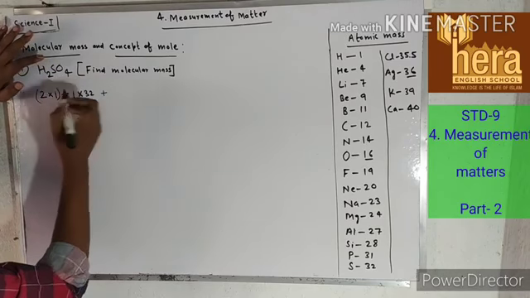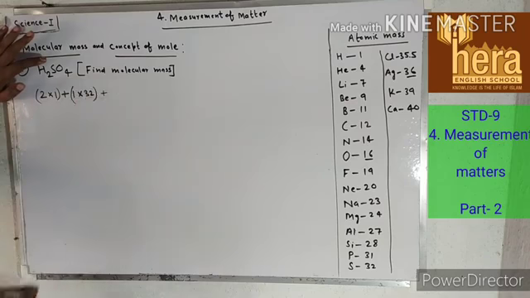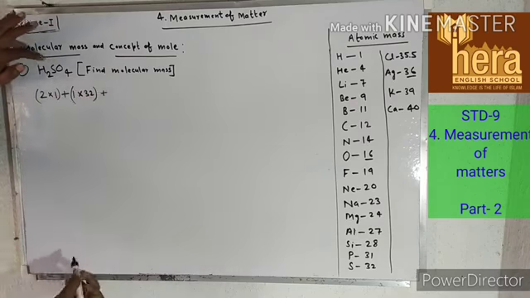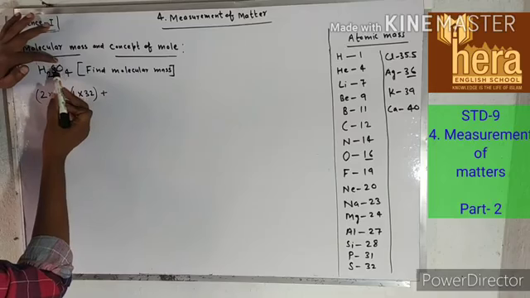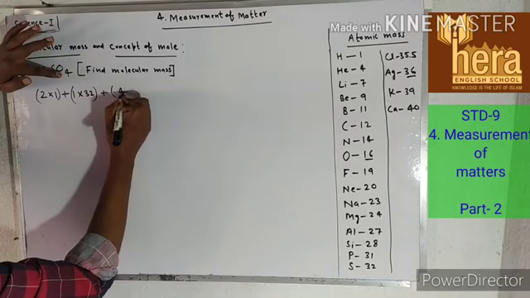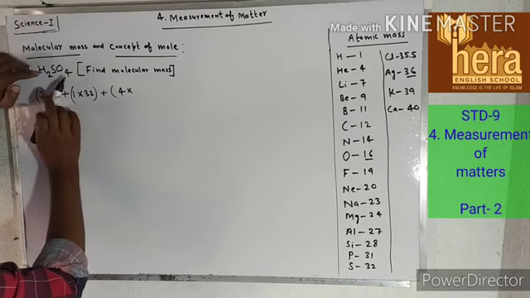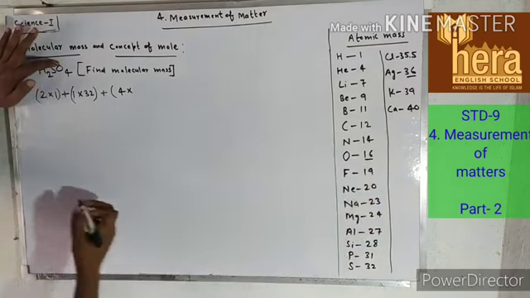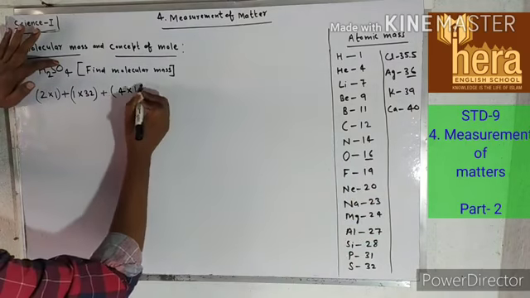Put a bracket. Number of oxygen atoms is 4, then write here bracket 4 into atomic mass of one oxygen atom is 16, so 4 into 16,